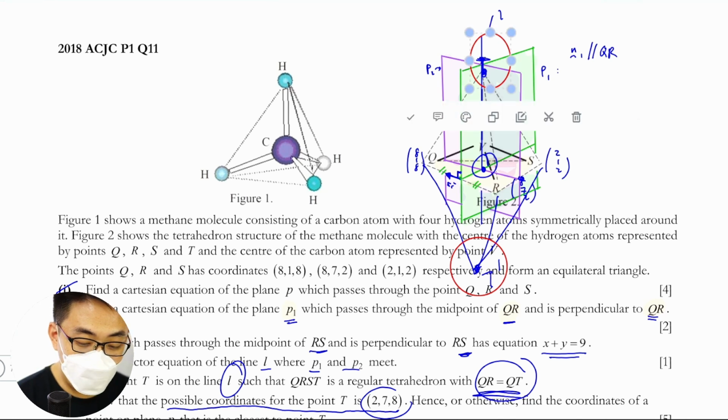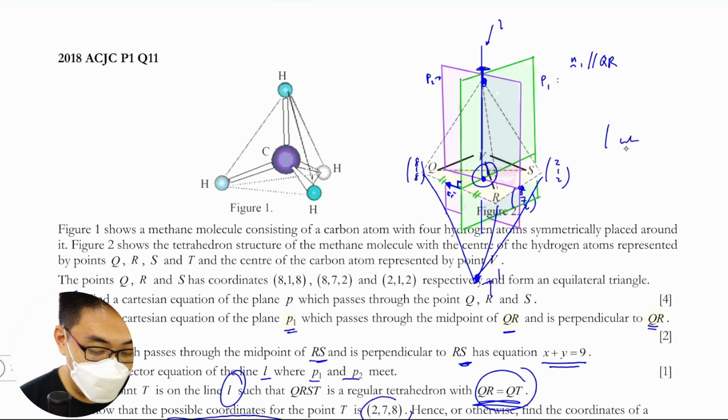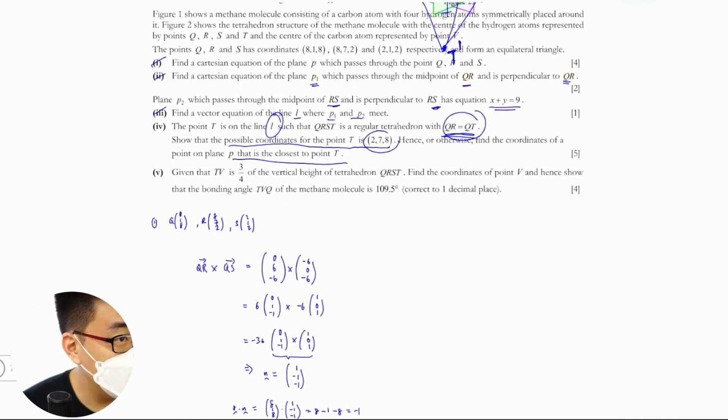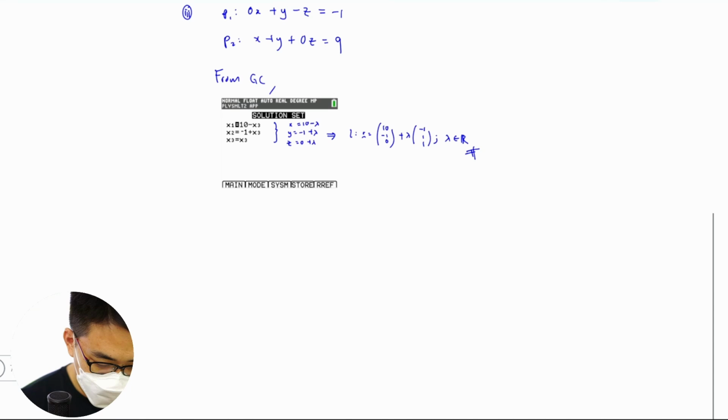But of course, the otherwise part is you just go and find, you intersect L with the plane, you get the answer lah. But the hence part is essentially you must understand that these two possible positions, one is on top, one is below. You just basically find the midpoint. Okay. So what I'm gonna do is the coordinates of point P, hence